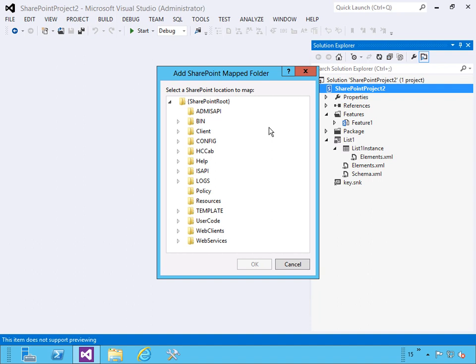and it's going to bring up this File Explorer dialog. So here's my root. This is my 15 Hive, the root of the 15 Hive right here. And these are all the folders that are under the 15 Hive, so it just shows me where I can put things. So I'm going to cancel out of that. I just wanted to